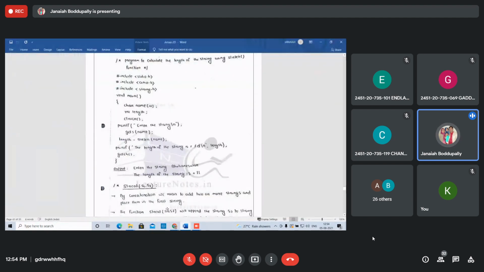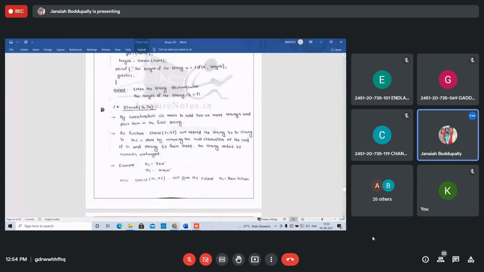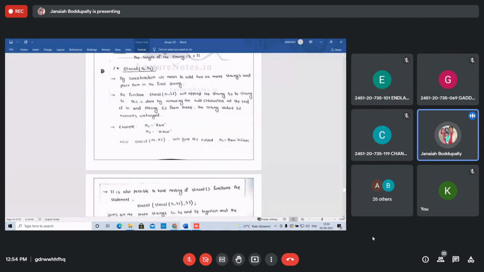I need to close this second unit today. Next, string concatenation. See, strcat of s1 comma s2, concatenation of 2 strings. How to concatenate those 2 strings? By concatenation, we mean to add 2 or more strings and place them in the first string only. strcat s1 comma s2 means concatenate s1, then append s2 to it, store it in that s1 only, and display s1.